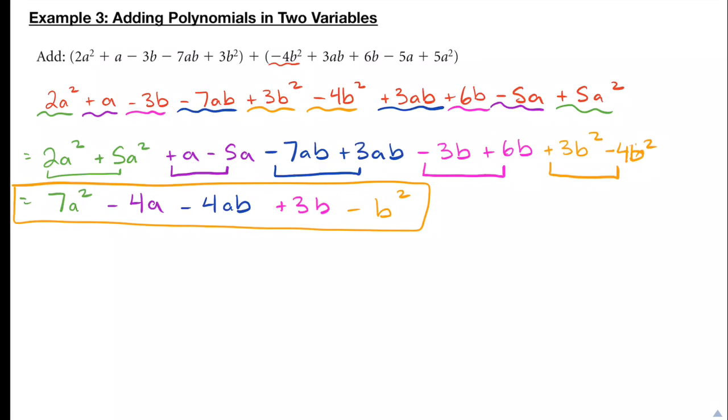So all we're doing is, again, for adding polynomials, we're dropping the brackets, and then all we're doing is combining the terms together. So it's almost exactly like what we were doing yesterday, but now we're just dropping the brackets and kind of ignoring the plus sign in the middle, and then we're just combining our terms together. So hopefully this helps, and